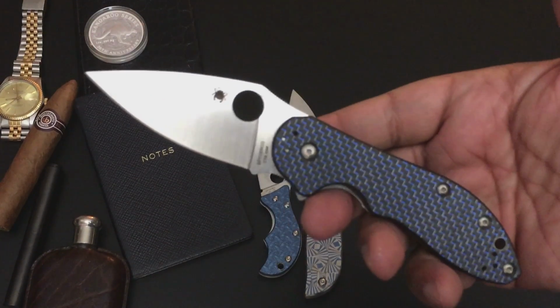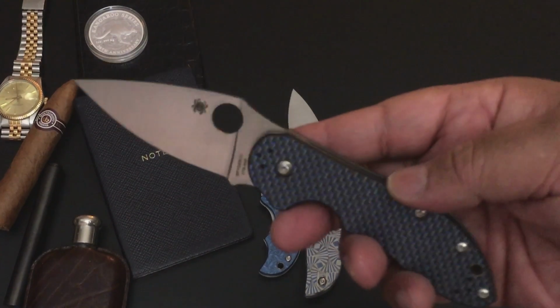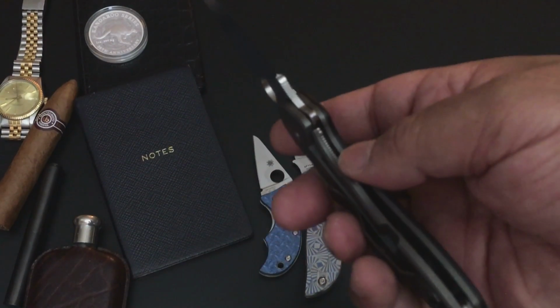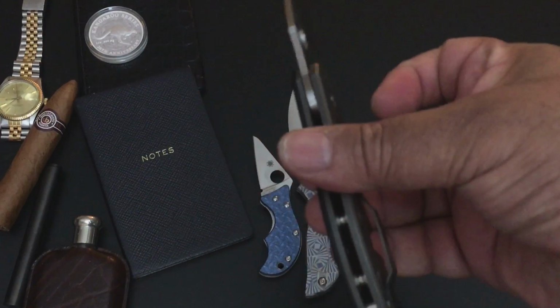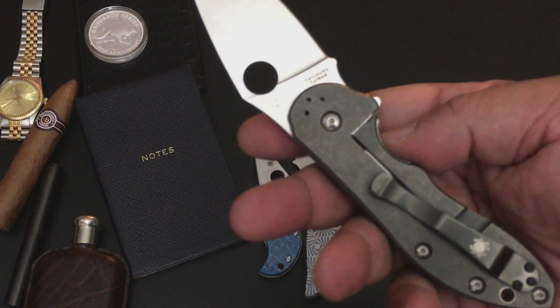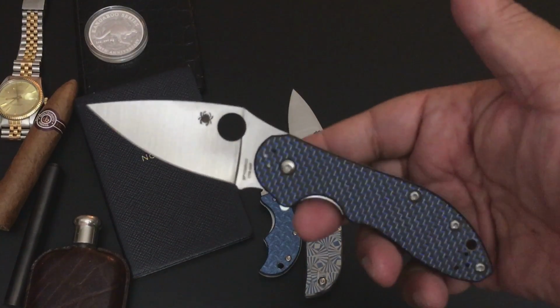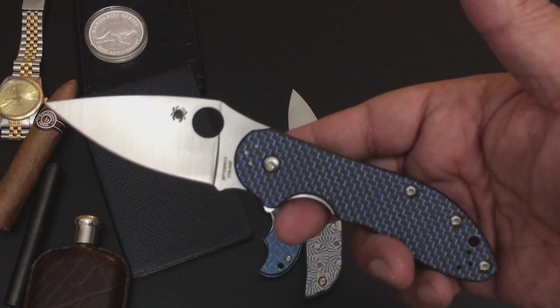That's Spyderco pimping its own knife with this wonderful carbon fiber weave. It's on top of G10 as well. I believe stainless, or I don't know if those are Ti liners or not. But wonderful Chris Reeve Backlock, that's great. Same kind of steel as we talked about with the Chaparral. It's that premium CTS